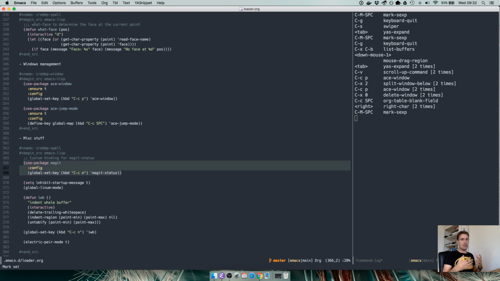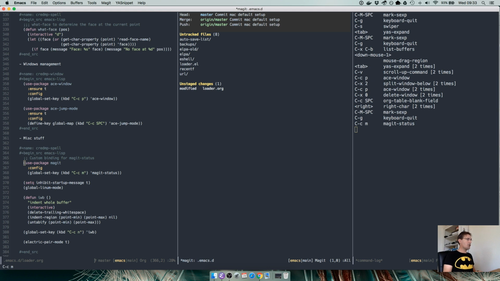Magit, a package that I use a lot, and if you use Git, the version control system, Magit is a graphical interface from within Emacs over Git. It allows you to just do anything you do with Git through Emacs. So for instance, if we do Ctrl C M, and we see the untracked files, the unstaged changes, we can do diffs